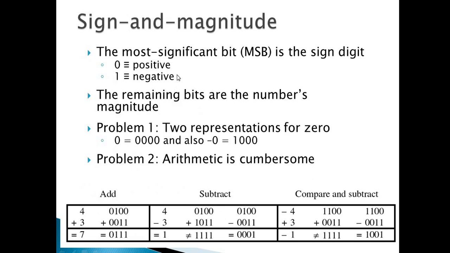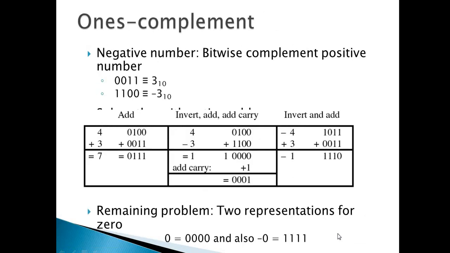So these are some examples for the sign and magnitude format. Let us consider 4, which will be represented as 0100. I want to add 3. So in sign magnitude I will get it as 0011. Both are positive, so I will get a positive number. But if I consider negative numbers, I will get the results differently. So I have to use the ones complement and two's complement format.